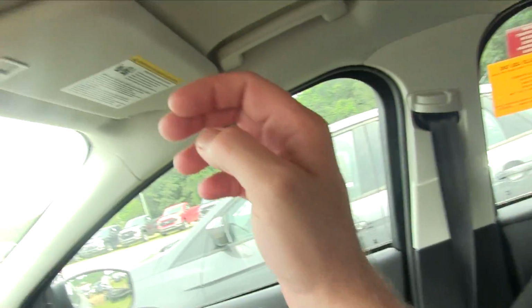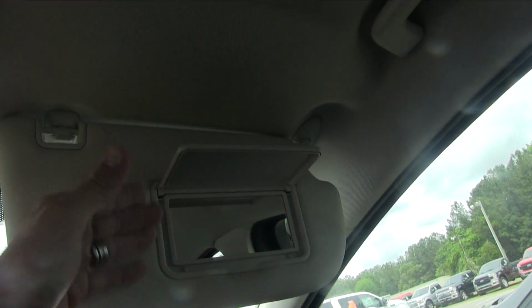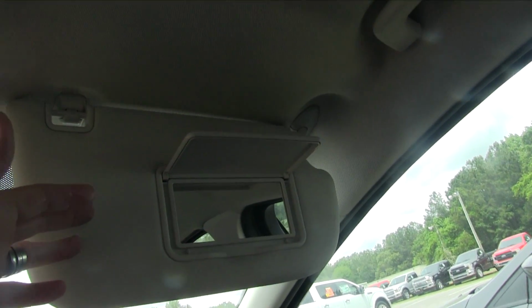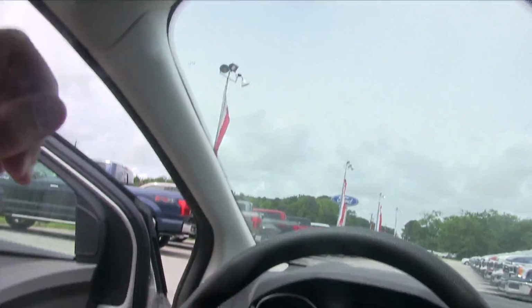All that. Do you lose the mirrors in the actual vanity? No, you get the whole mirror there, but you lost a light. So if you want to see to put makeup on, ladies, you're going to need to use this light here or just light up your smartphone. Still got the handles, nothing going on here. Do we at least have a light over here? No. Okay, so in the back,